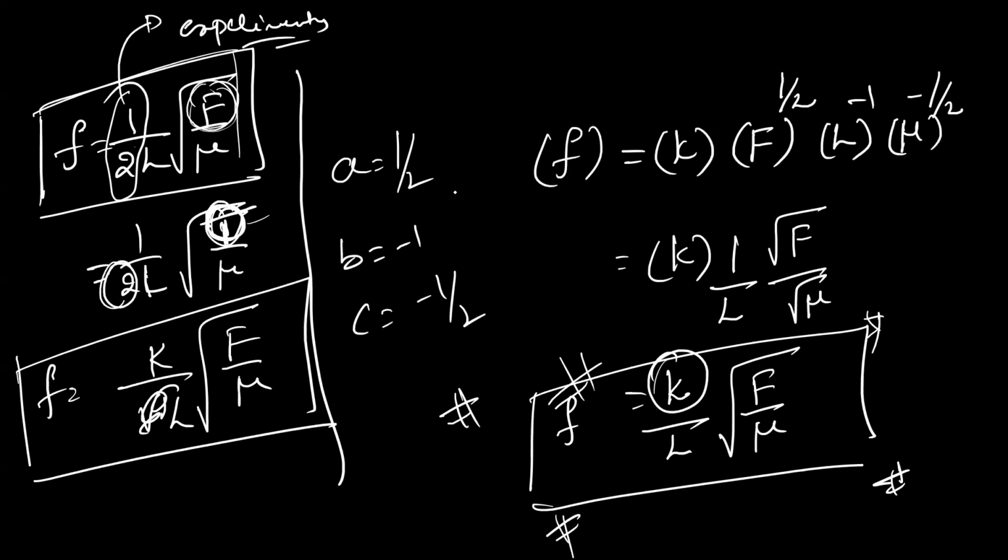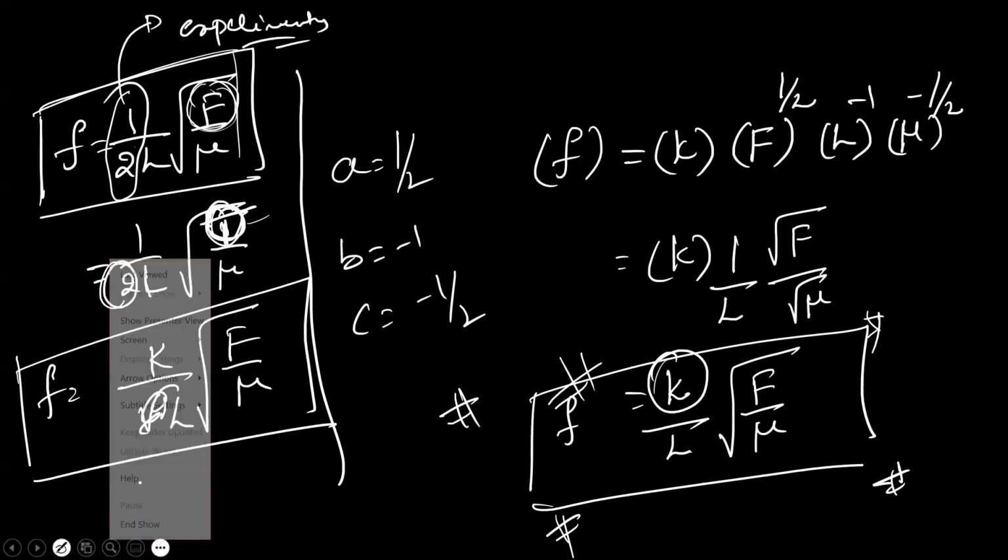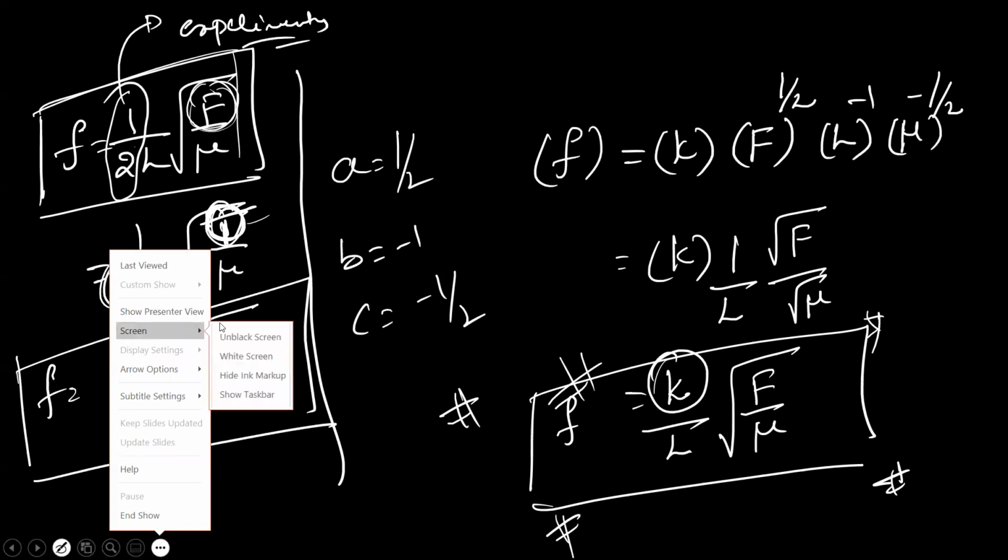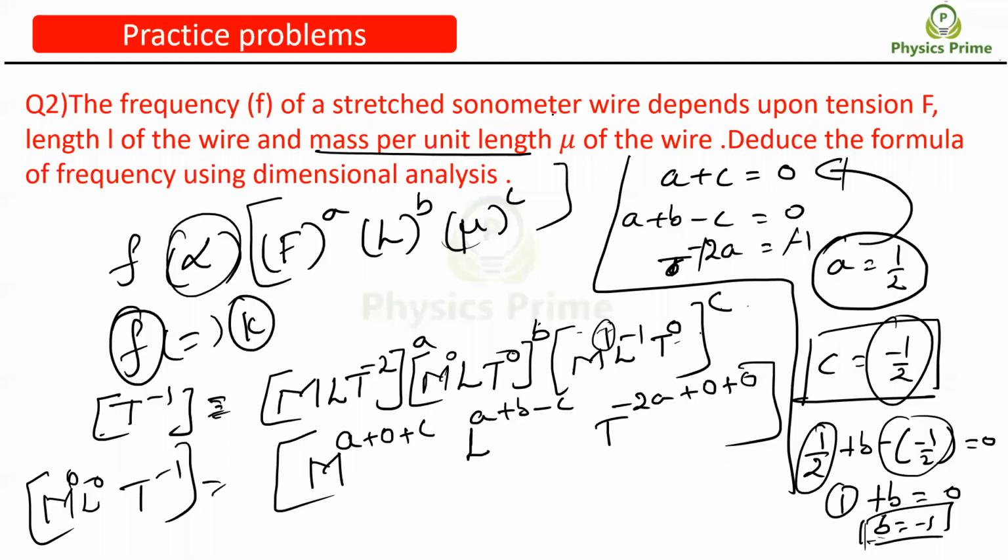So solve it. So question 1, second. Did you understand this here? Yes. You make a screenshot of it. No need, sir. But still I made it. So the formula, what did I get? Frequency is equal to some constant by L into root over T by mu, or I can write this as of now F by mu. Got it? K by L root over F by mu.